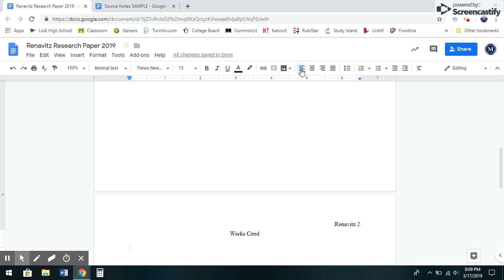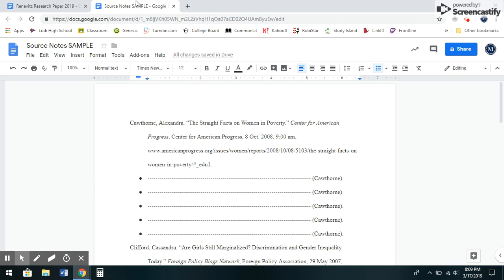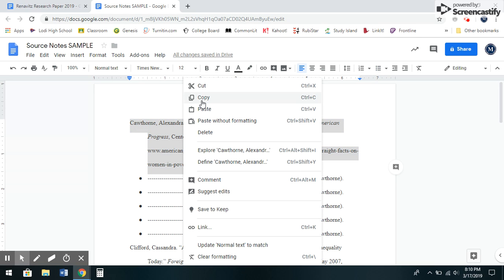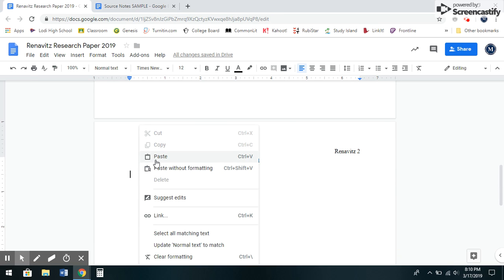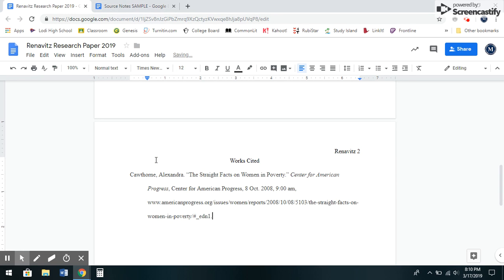Now, you're going to want to make sure that you have your source notes to hand. Here I have a sample source notes page. When you did your source notes, you used easybib.com to create citations for each of your sources. What you're going to do now is copy and paste these citations onto the last page of